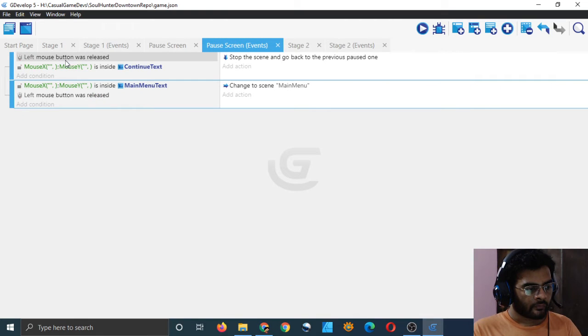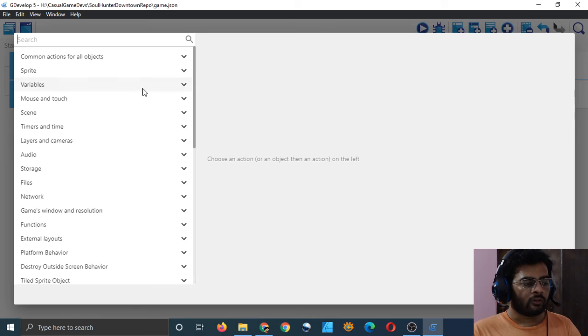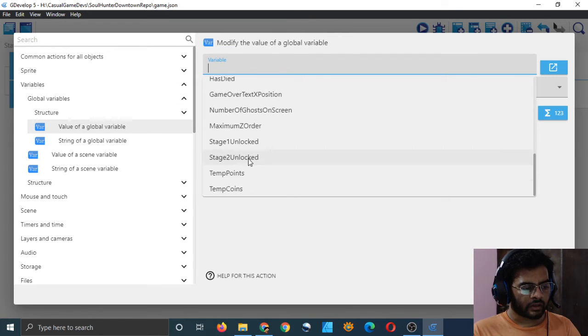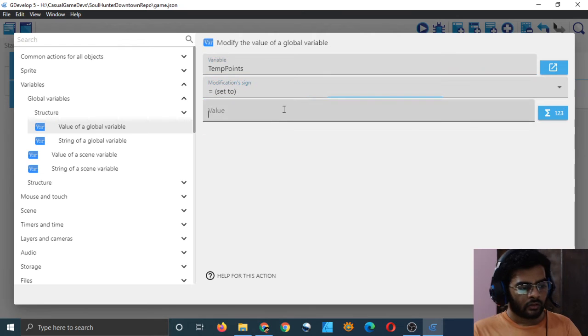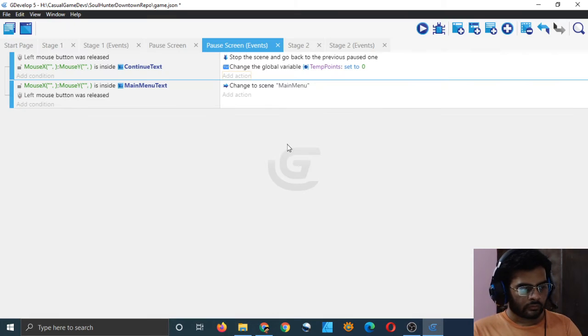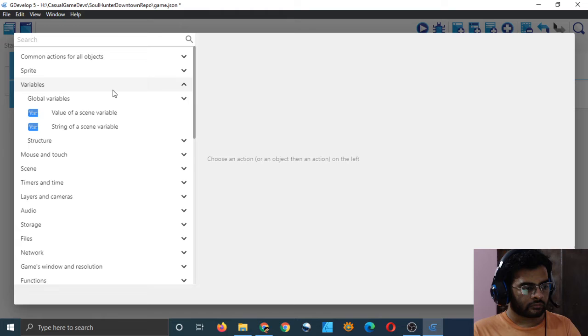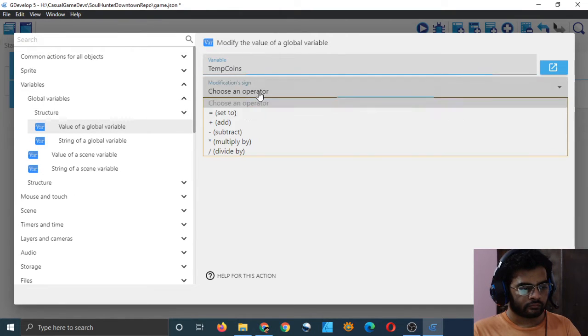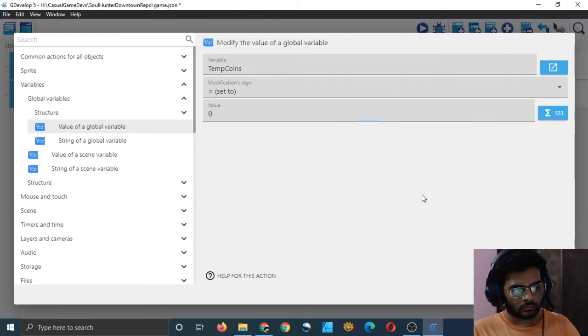And here if I continue, these temp points and temp coins should be flushed, although it's not necessary, but just flush them, assign 0 to them, right? And flush this to points 0.